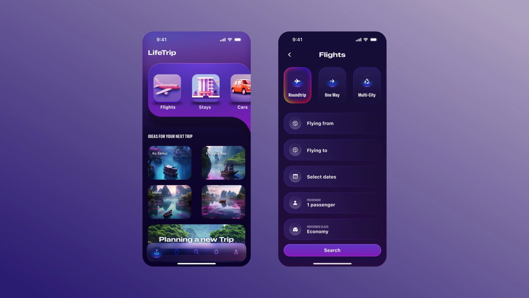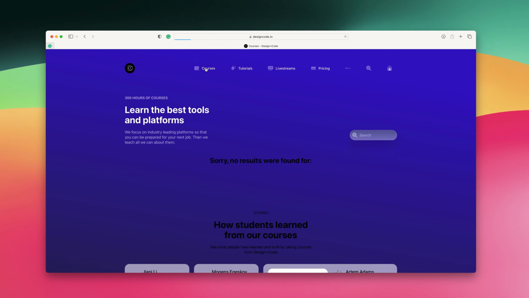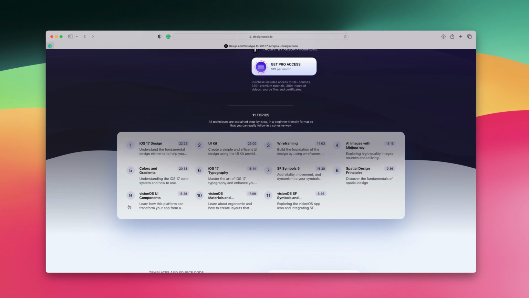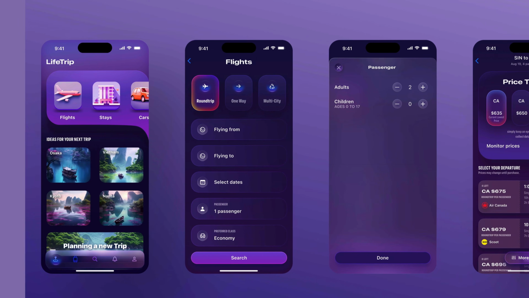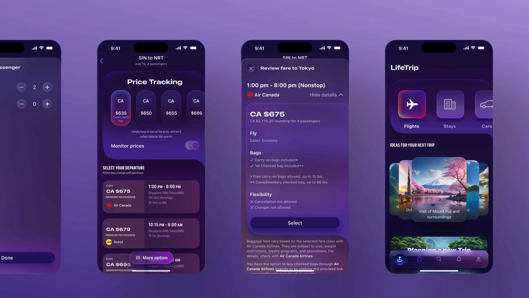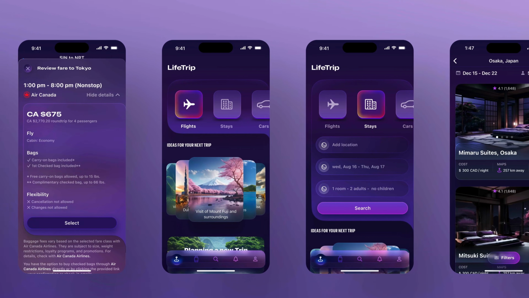I've already begun working on this design, which isn't currently accessible on YouTube. However, you can find them on our official website. If you're a Design Code subscriber, you'll have access to all these designs, including the prototype. Don't worry, I'm still sharing my Figma file with the community